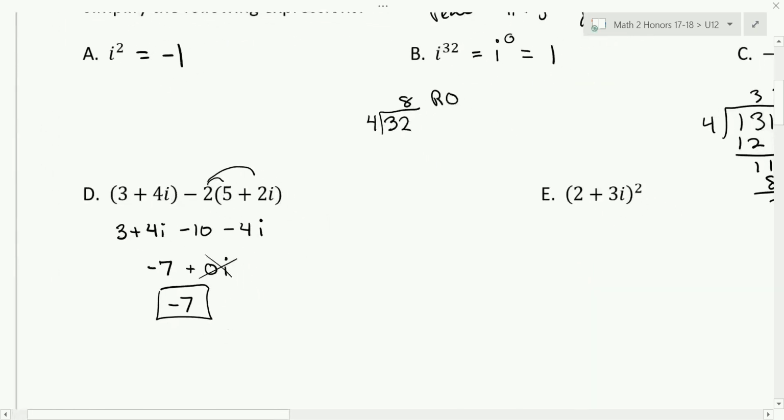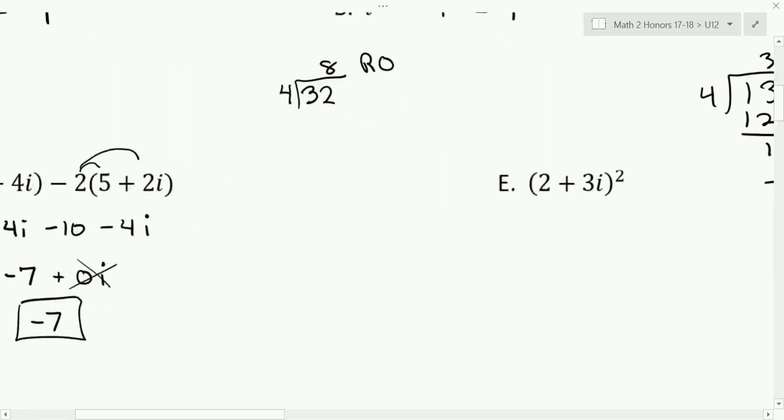We could square a complex number. So 2 plus 3i is a complex number. We can square it just like you would. Now this one's going to end a little different than you would with variables, but start like you would with variables. So this would be 2 plus 3i